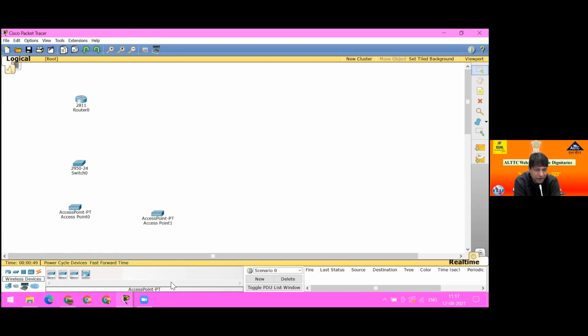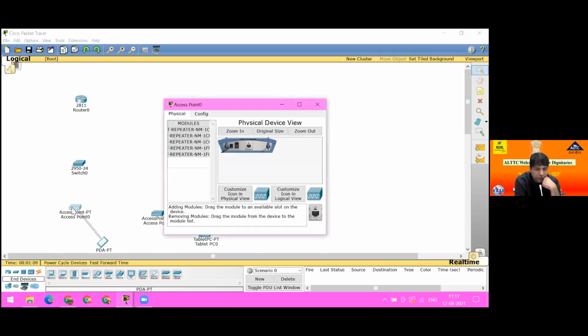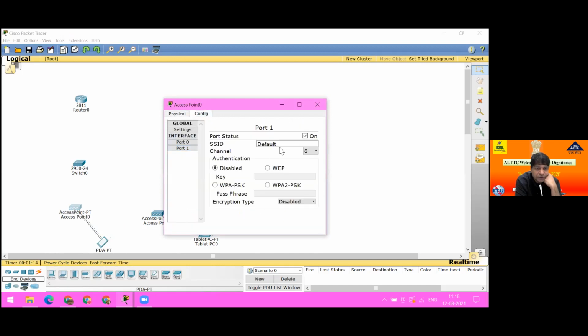Okay, some wireless devices, one tablet, one phone. Just wait. Now this is connected. Okay. Yes, sir. Just go to the access point and as per your desire, set your SSID in config. CSC, you can put CSC, Helica, no problem. Password WEP.